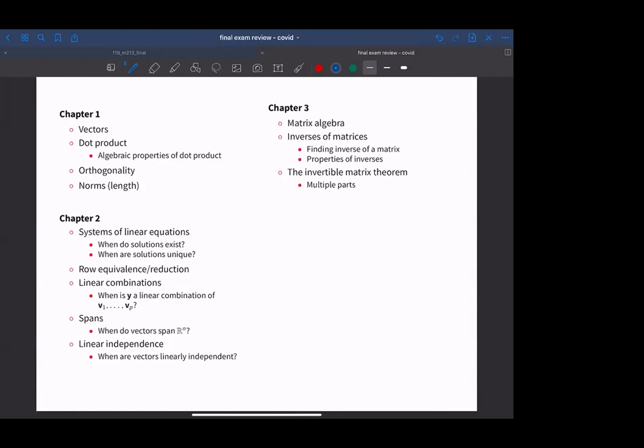There are all these different things that allow you to conclude that a matrix is invertible. I wouldn't suggest that you memorize every single part, but you should be able to go through and say, well, if I know that 0 is an eigenvalue, then I know that the null space has to be non-trivial, and therefore the equation Ax equals 0 has a non-trivial